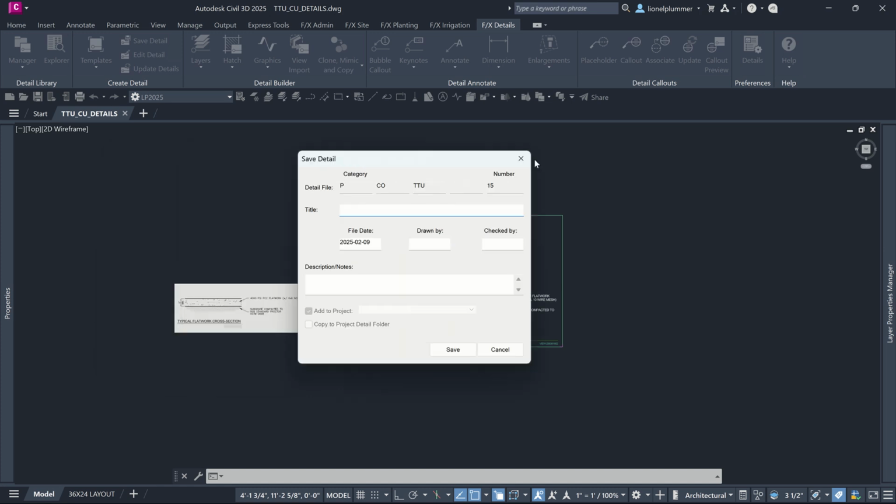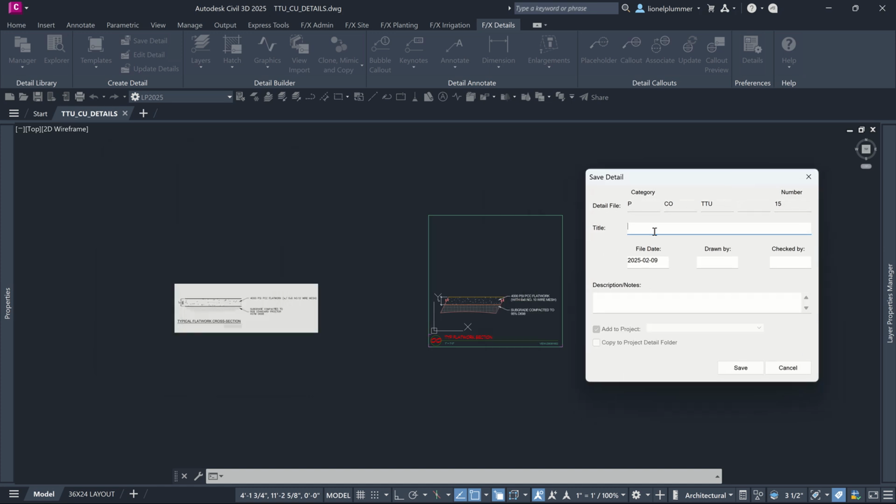Okay, now again, let's do our title. Let's give it the full title. Typical flat work, or no, let's call this 5-inch flat work section. Now, really important, I need your initials in here, and you're going to be the ones checking these, okay? So we should also put a description and